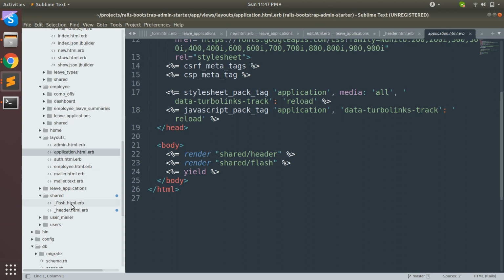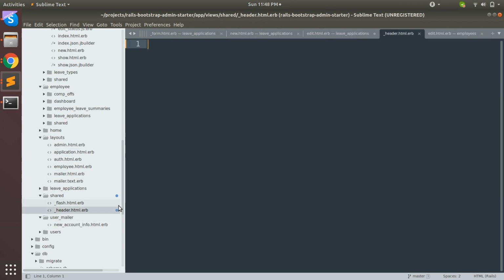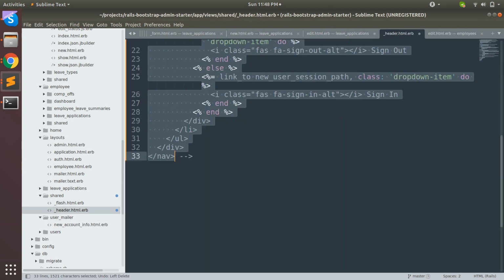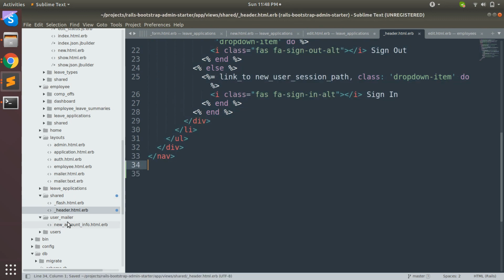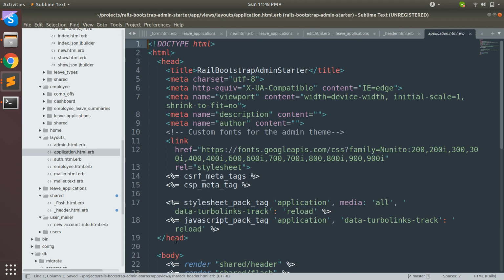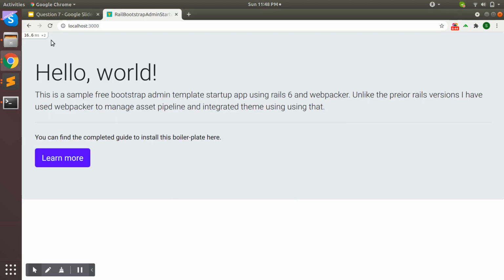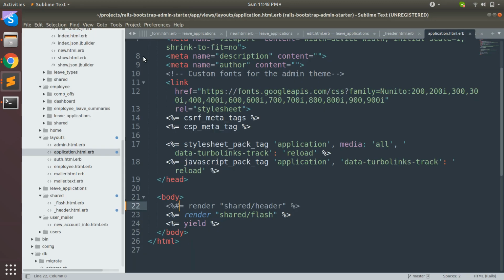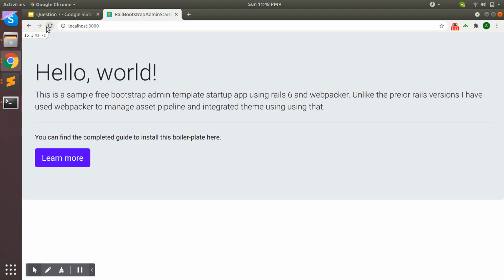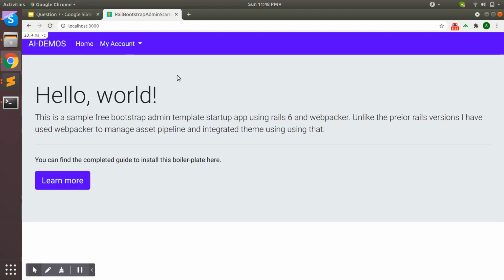Okay, and now if I keep the code here, but I remove this render syntax from here and refresh the page, you will again not see the partial here. But if I uncomment it and refresh the page, I can see the partial here.